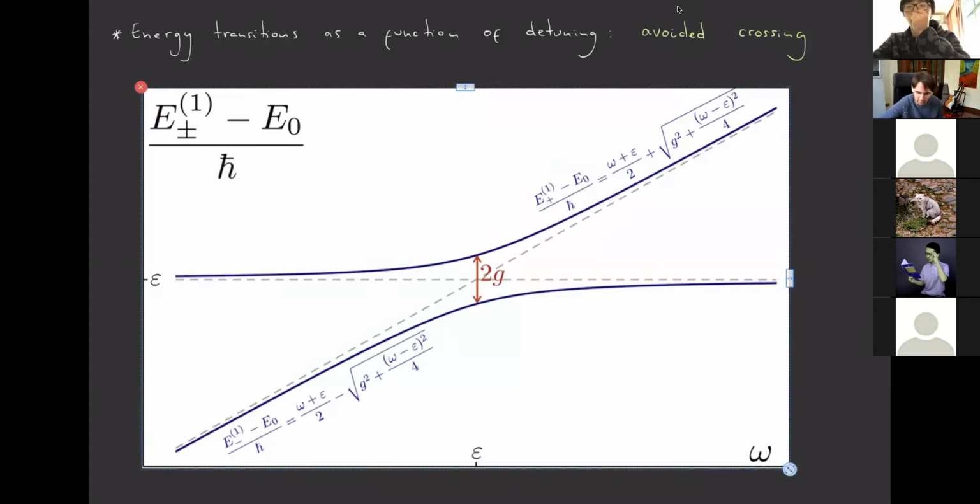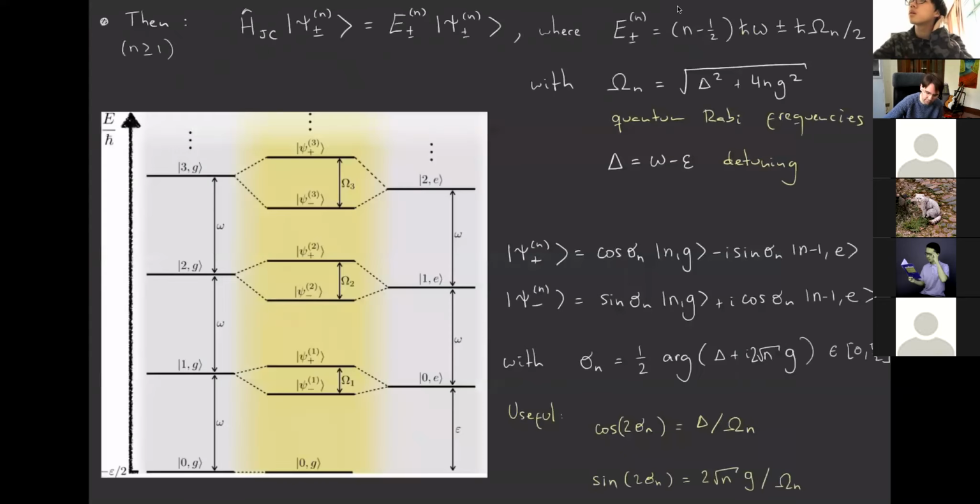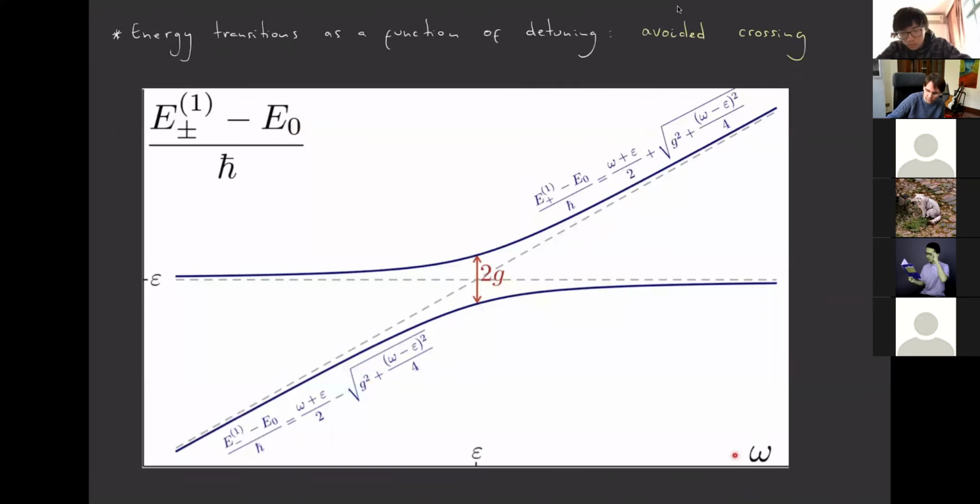Okay, let me show you what I am plotting here. Here I am plotting the transition frequency between the ground state and the first pair of excited states, so either the plus or the minus. It's exactly these transitions here, either this one or this one, okay? As a function of the frequency of the cavity. So imagine that you do an experiment in which you put the atom inside the cavity, and now you start changing the frequency of the cavity, like moving the mirror, for example. And for each frequency,